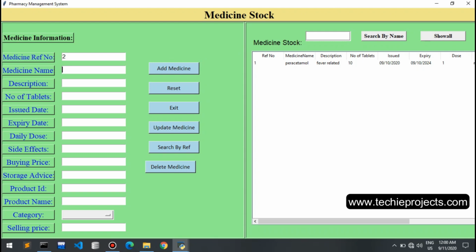Let's enter one more detail like reference number 2, medicine name Disprin, description cold, number of tablets 20, issue date 09/11/2020, expiry date 10/1/2024, daily dose 2, side effects no side effects, buying price 40, storage advice,